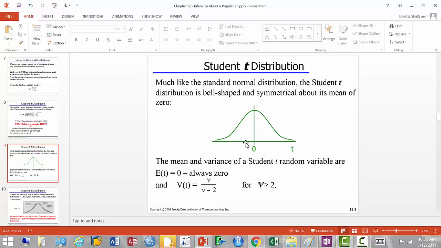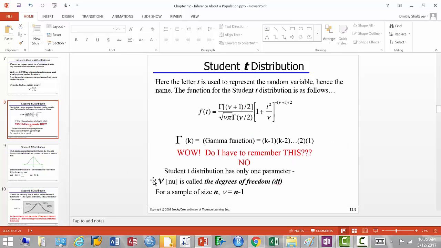It's also 2. One of them is number of trials, and another is probability of success on each trial, right? Poisson distribution, we didn't discuss that in detail, but it takes only one parameter, the average rate of customer arrivals, okay? Student distribution also takes only one parameter, okay? And this one parameter is called number of degrees of freedom, and the Greek letter nu is used for number